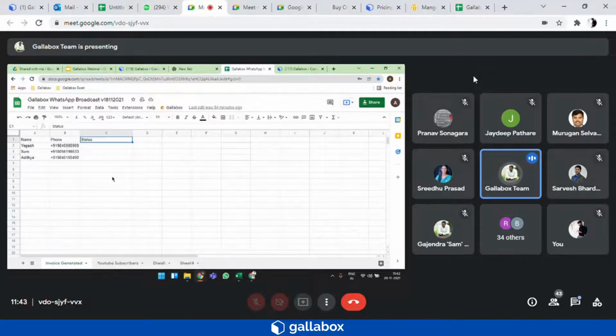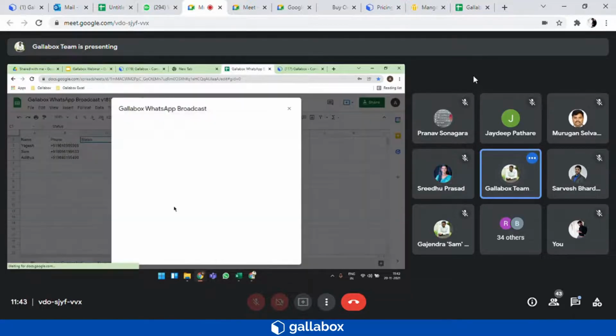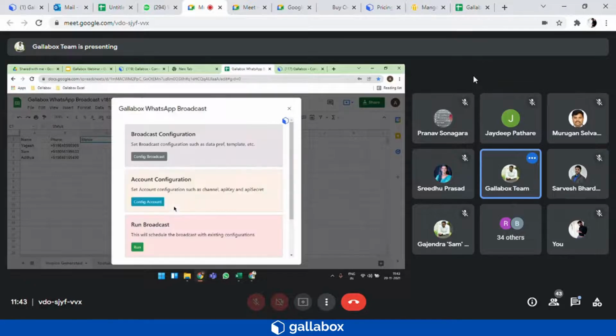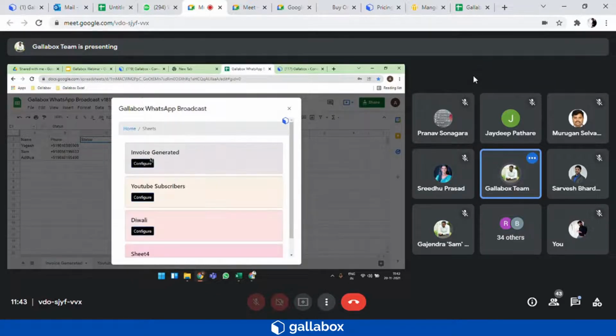Once this is done, I will again click on Galabox, then click on WhatsApp broadcast, and this time I have to select configure the broadcast. Once I click on configure broadcast, I will have to configure each template which I have selected.